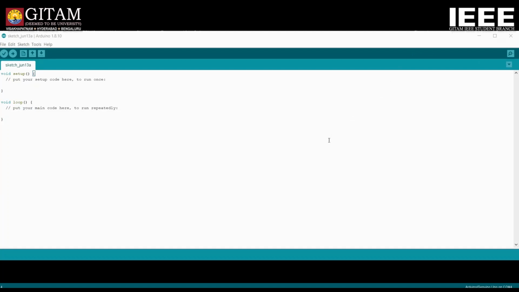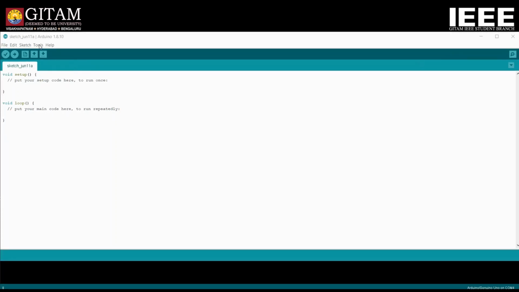So, jokes apart, for the next step, you will have to plug in the Arduino Uno to your computer. As I've plugged in my Arduino Uno to my computer, you will see me getting the board and the port options. So if you haven't plugged it in yet, you have to plug it in before we go to the next step.